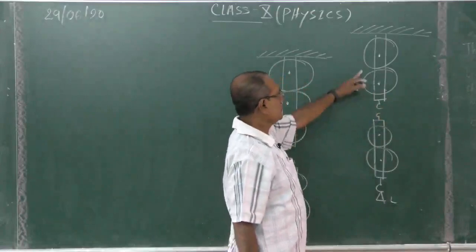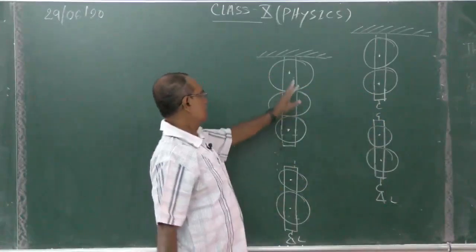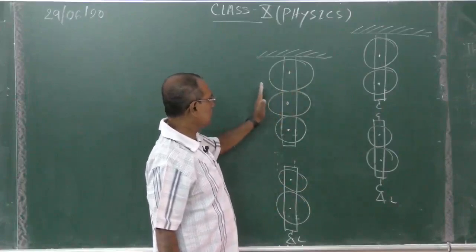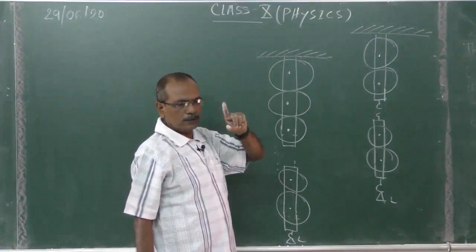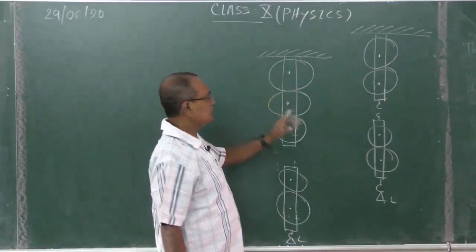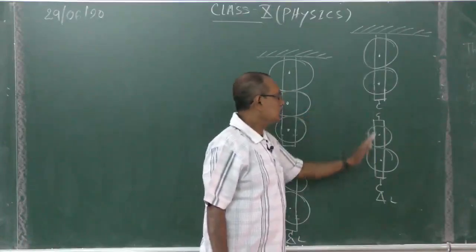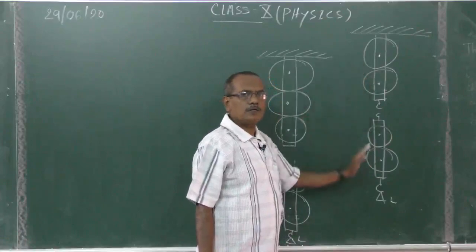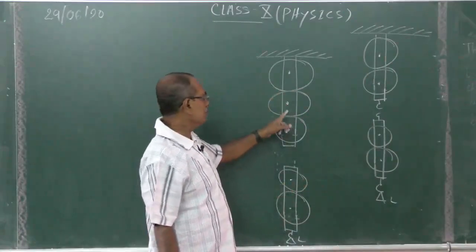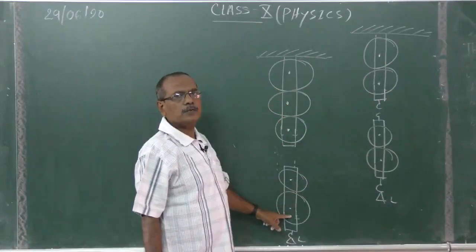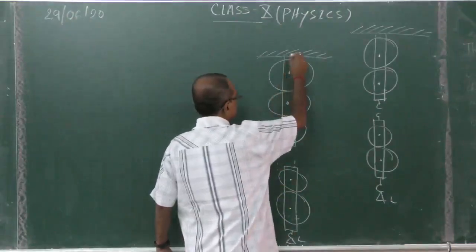two pulleys are fixed, two pulleys are movable. Okay. Now, in fixed pulleys, we can increase only one pulley. In the fixed case, we can increase only one pulley, but fixed and movable may also be equal. In fixed pulleys, one pulley will be more than the number of movable pulleys. How the rope will pass, that we will see.